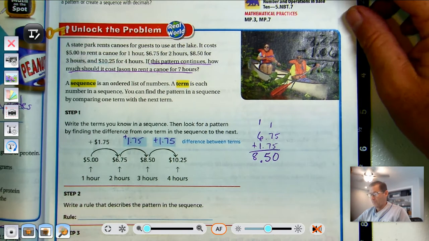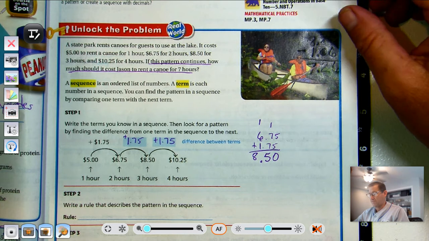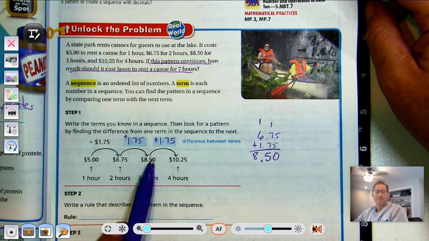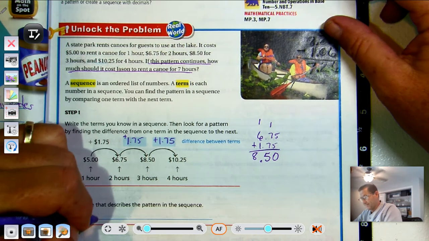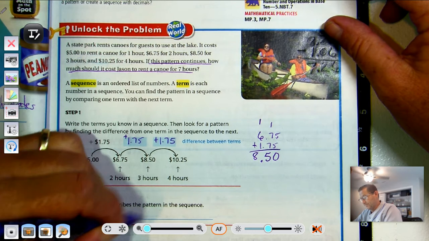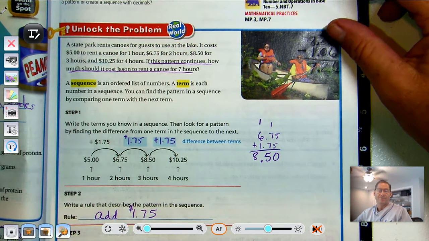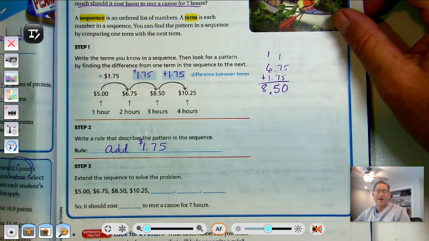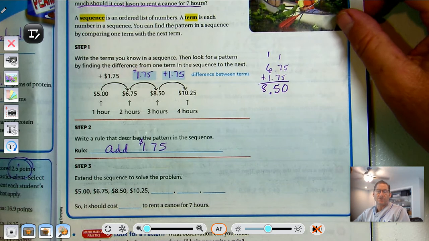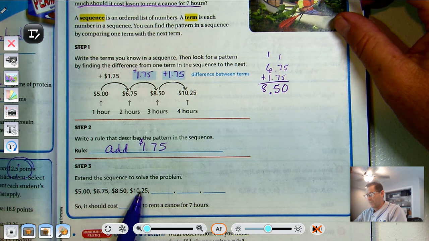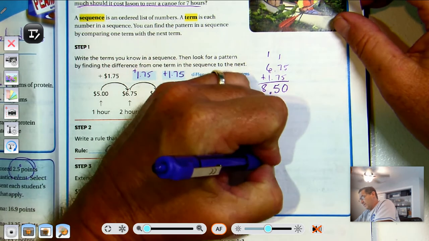All right, so write a rule that describes the pattern in the sequence. What's happening from one term to the next term? We're adding $1.75 to each additional hour. So let's extend the sequence to solve the problem. So right now we have 1, 2, 3, 4 hours. We need 7 hours. So 10.25